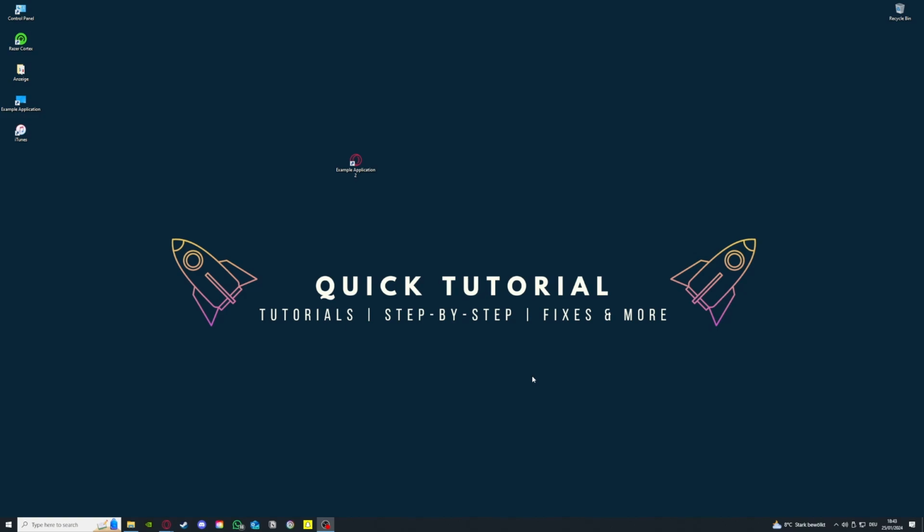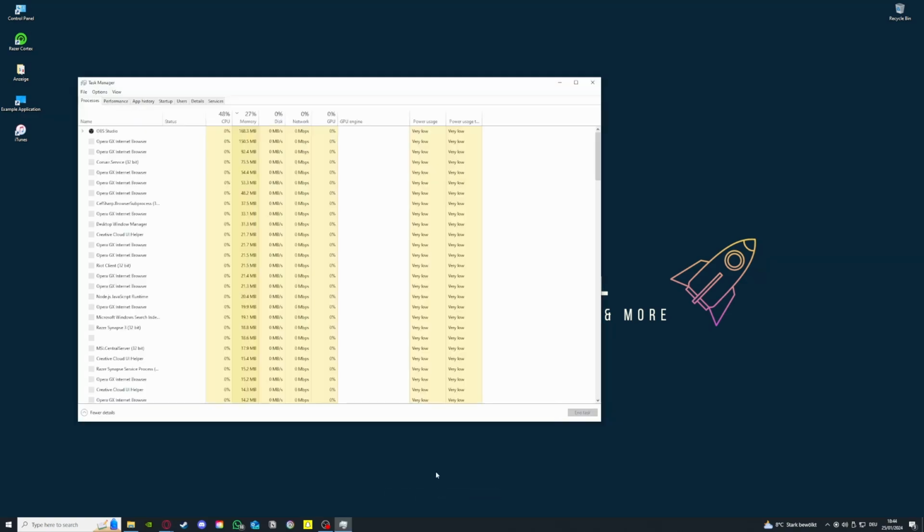Before we get into the video, I just want to say that I will show you some easy fixes that you might already have tried. For example, a restart. That's the first thing I'm going to mention, and later on I'm going to go more into the complex fixes which might help you prevent the crashing of the program. So yeah, let's start. First of all, I want to recommend you to open your task manager and check